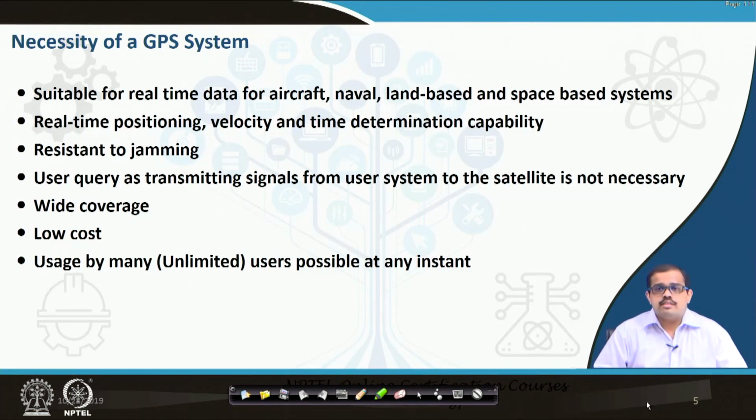Once all these systems were launched, the first question anyone asks me is: why do you need a GPS? If you really want to understand why you need a GPS, let's go back to our daily routine. Most of us use a mobile phone, basically an Android phone. At least 90% of people who use mobile phones are using an Android or an iOS phone.